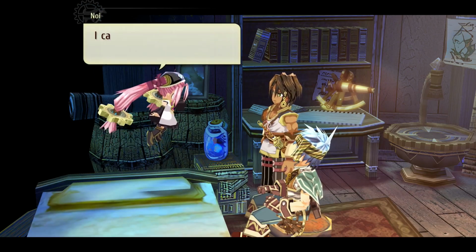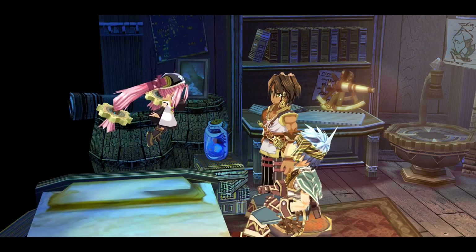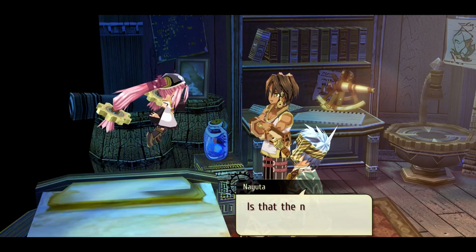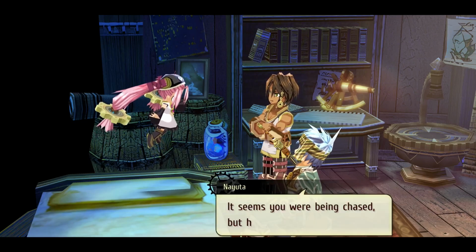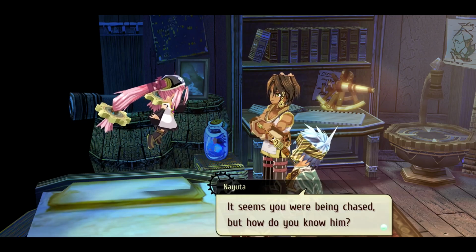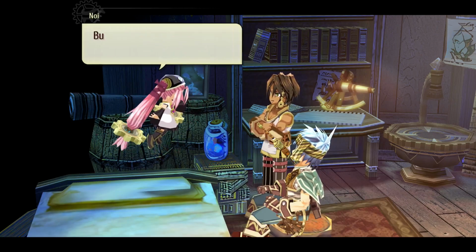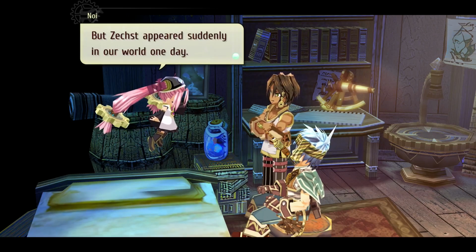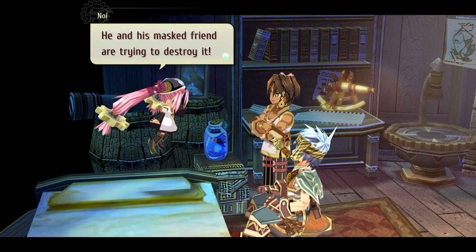No way, oh no. I can't believe... Zext? Chased me all the way to this side. Zext. Is that the name of the man in black clothes? It seems like you're being chased, but how do you know him? Well, that's a little hard to explain. But Zext appeared suddenly in our world one day. He and his masked friend are trying to destroy...